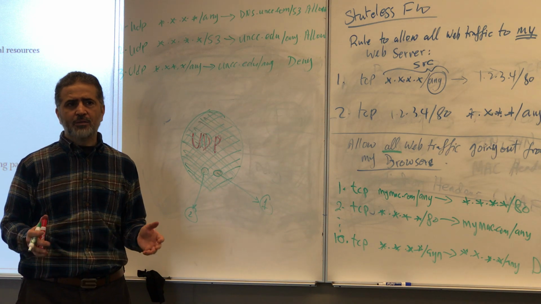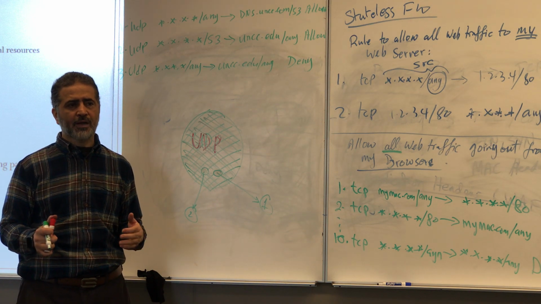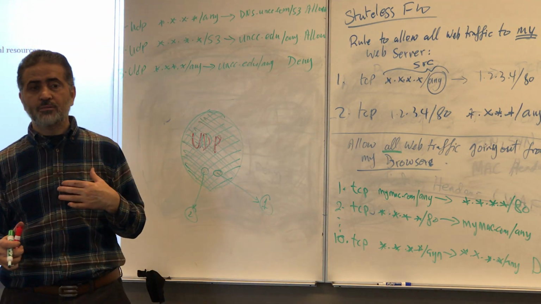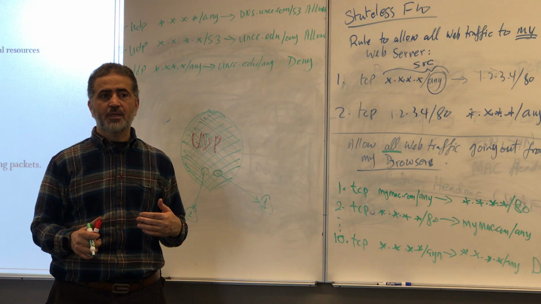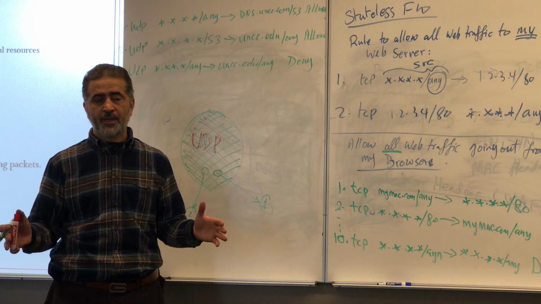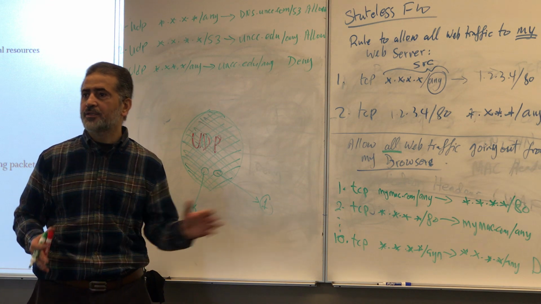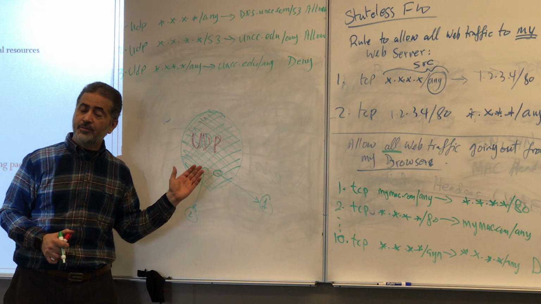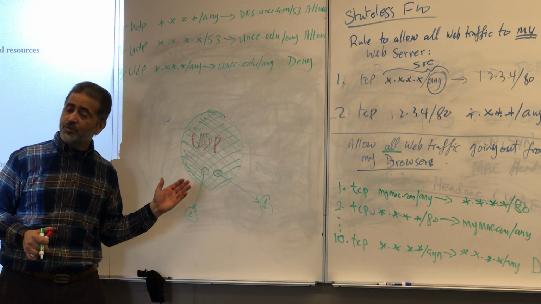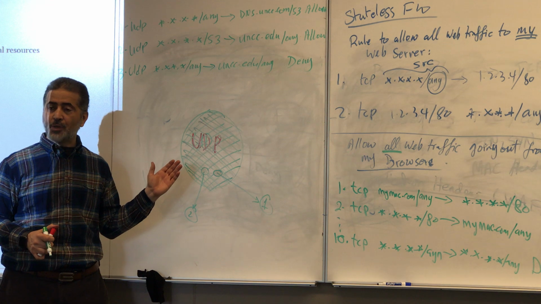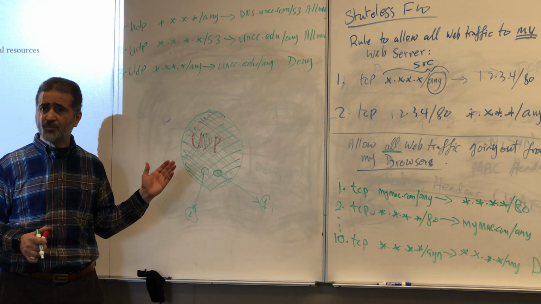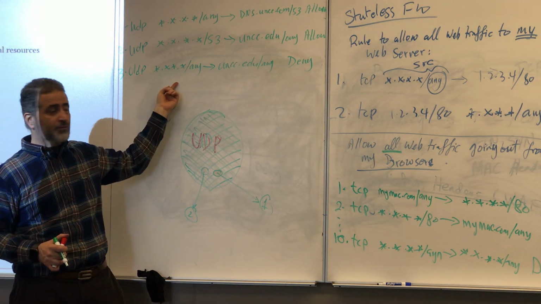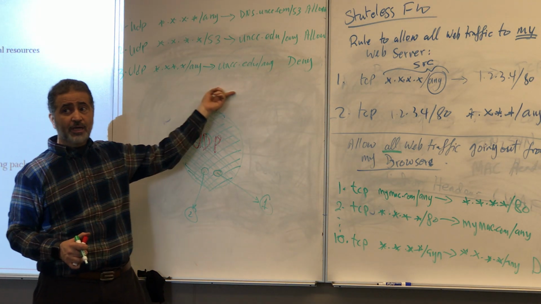Anyway, if you want to allow a specific game, then you have to find out what port number that game uses and allow it. So in most cases, you set up a policy and then you make an exception. But first, you set a policy. You ask yourself: is all UDP traffic important? No. The majority of UDP traffic is not important. Then set the base rule, the base rule says deny all.